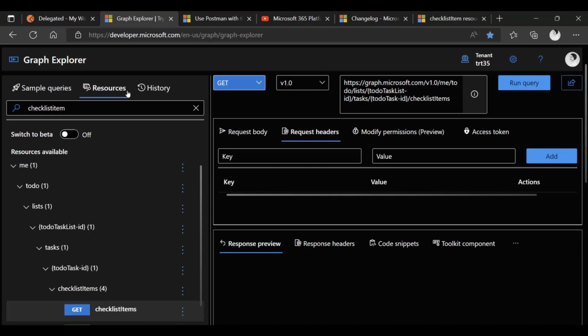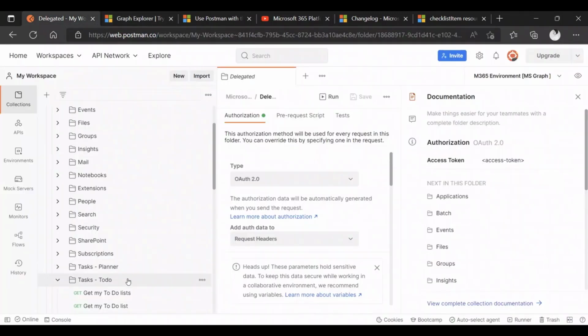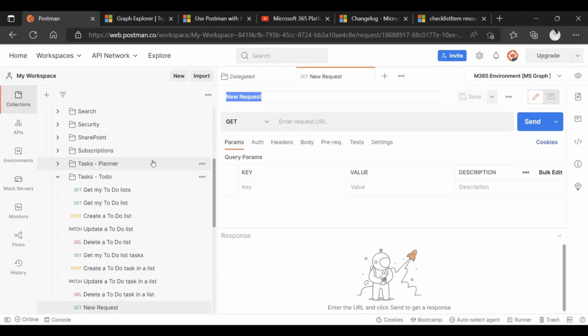Now, if you've never seen this resources tab before, and if you have no idea what that is, just wait a second. We're going to come back to this in detail in a few minutes. But here is my request, because I have it over there, and I'm going to take it. I'm going to lazily copy that, and I'm going to go to this folder called tasks, and I'm going to say, I want to add a request.